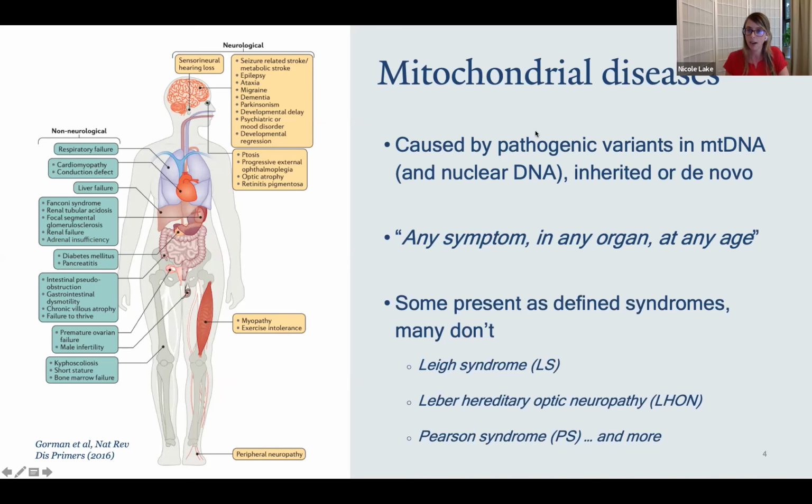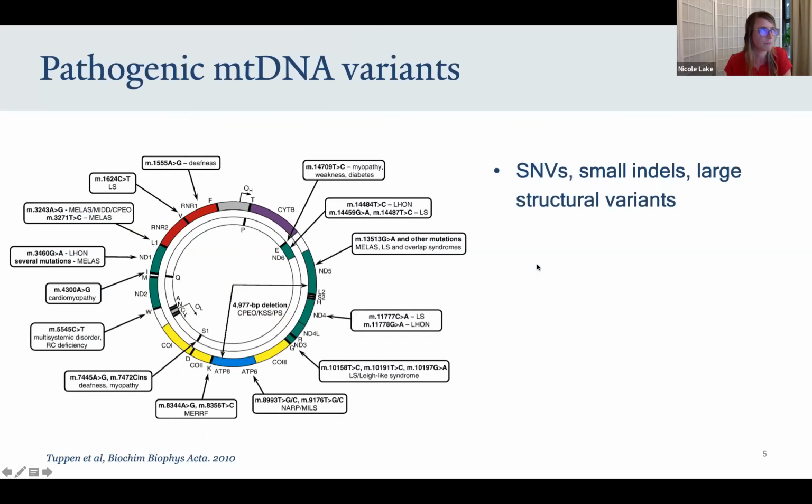So there are some defined clinical syndromes that mitochondrial diseases can present as. That includes Leigh syndrome, which is the most common pediatric form of mitochondrial disease. And this is a rare neurodegenerative presentation, so it's often multisystemic. There are also single system presentations, such as the optic neuropathy LHON. But while these can present as defined clinical syndromes, many patients don't present with one of these. So really going back to the potential challenge with recognizing a mitochondrial disorder clinically.